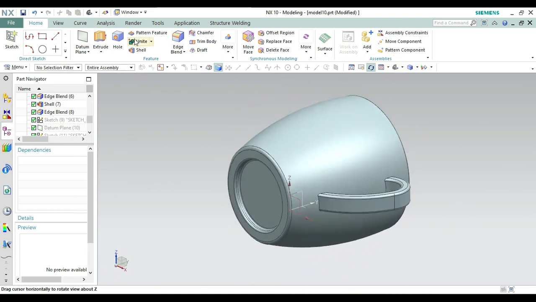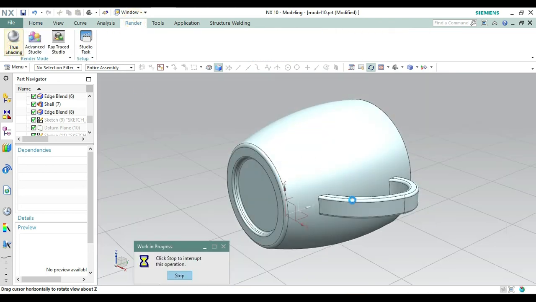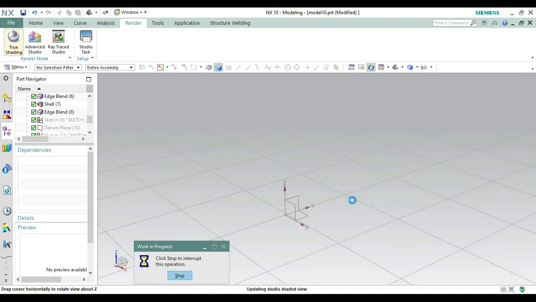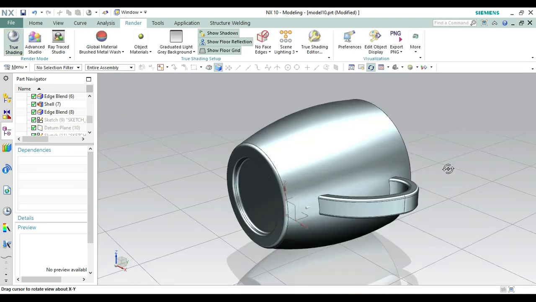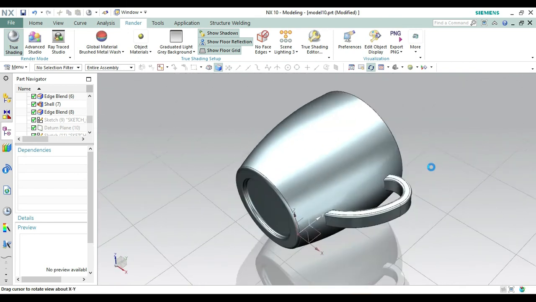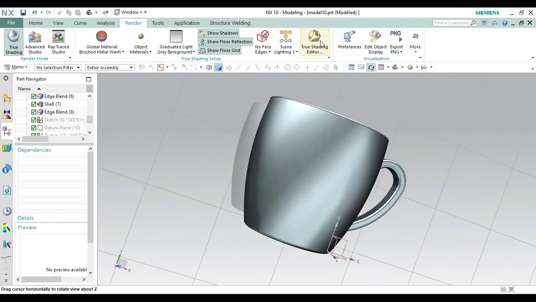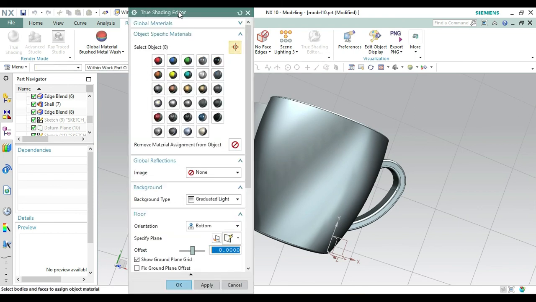Now make it render, so go on render and go to settings. Like this one, our cup will look attractive like this. Now again rotate and see, we can see our cup like this. Now you can do editing from here through the settings editor. Even from here you can give the background effect also. You can choose your pictures or something else.